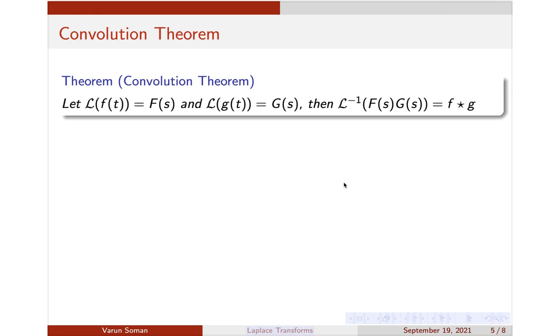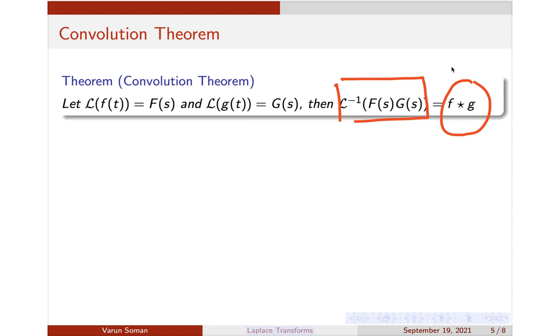Okay, so you can see that L of f of t is equal to F of s, L of g of t is equal to G of s, then L inverse of the product is equal to simply f star g. Okay, the proof you can do by yourself. It is simple computation only. I am not going to discuss it. It is not important, so I am not going into the proof here. But you can go through the proof if you want. We will straight away go to the problems now. They won't ask you to prove it.